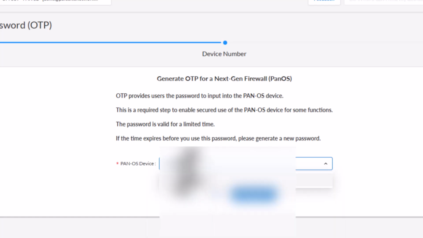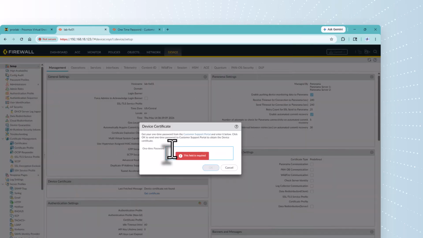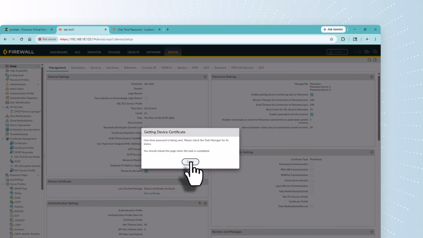I'm going to paste in my serial number, and I'm going to generate my one-time password. Then I'm going to copy this to clipboard. I'm going to go back to my firewall, and under the device certificate box, I'm going to click Get Certificate. Then I'm going to paste in the key that I just received, and I'm going to say OK, and then